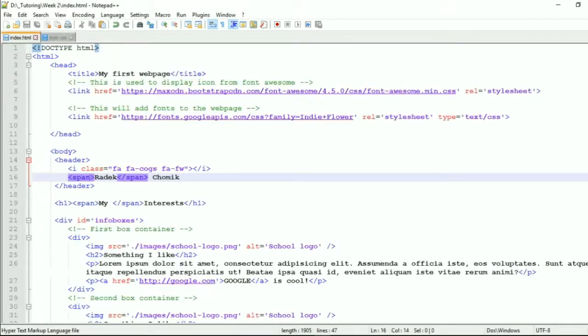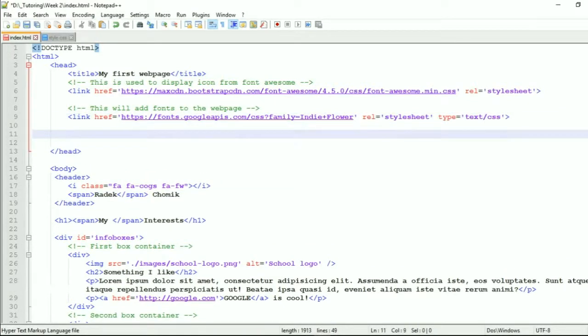And now, if we want to link something, we go to our document and let's comment that: here we link CSS file,